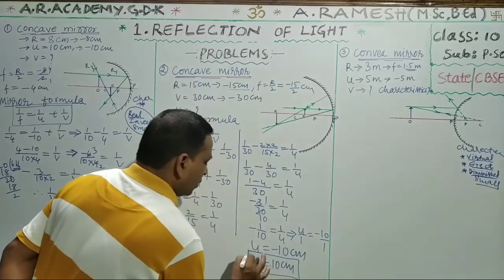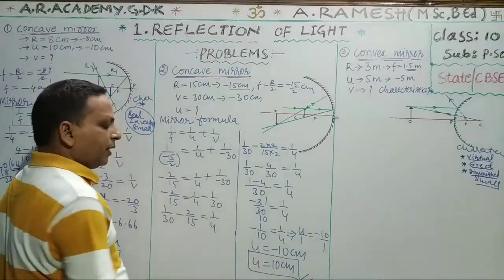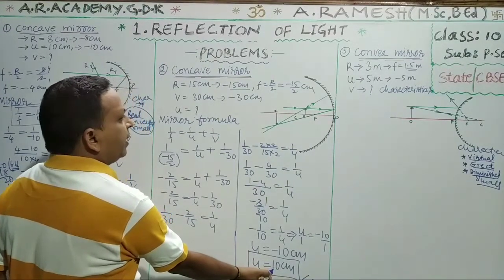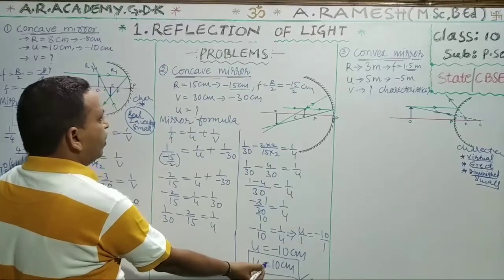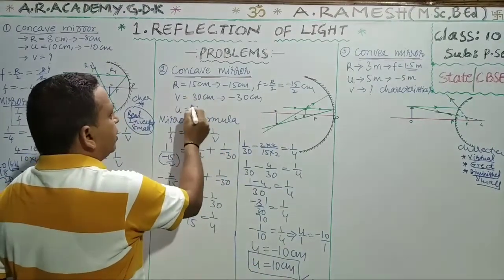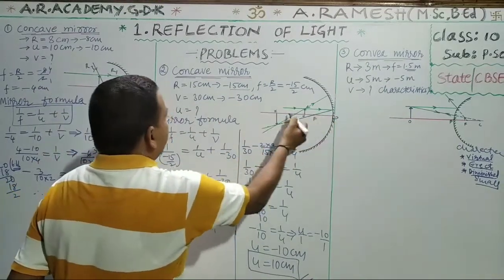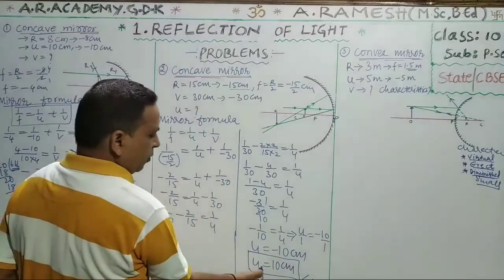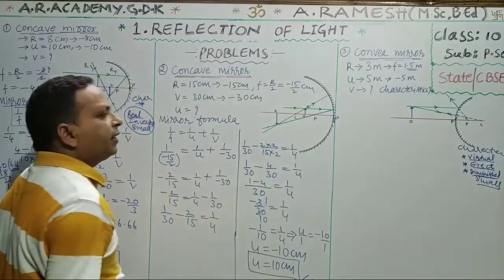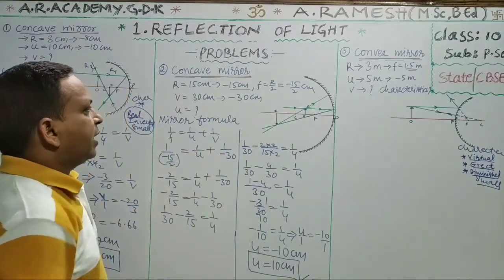No problem. Okay. How much did we get here? Object distance 10 centimeters. We got the object distance here. You see, the image is somewhere else. Image 30 centimeters, it is opposite to this direction. And u, how much did we get? 10 centimeters. It is forming somewhere else here, between C and F. The image is forming like this.